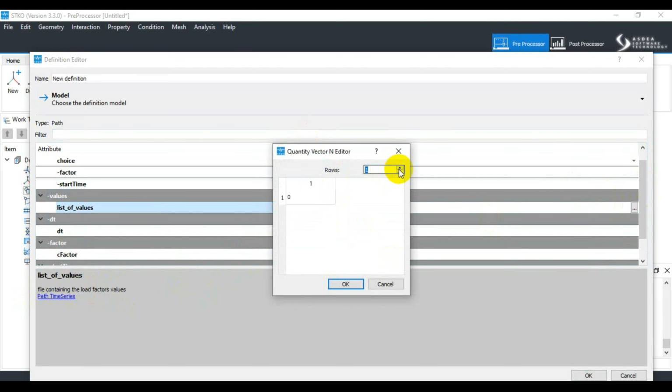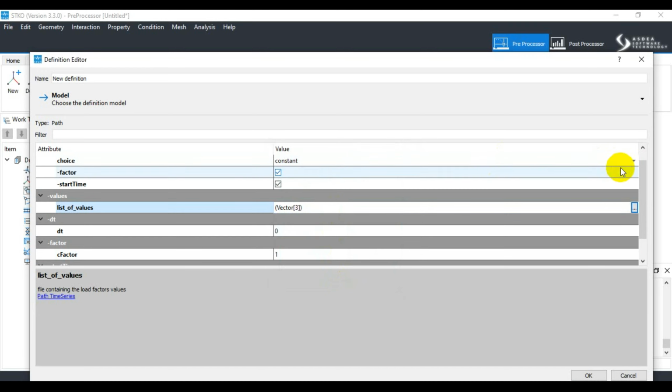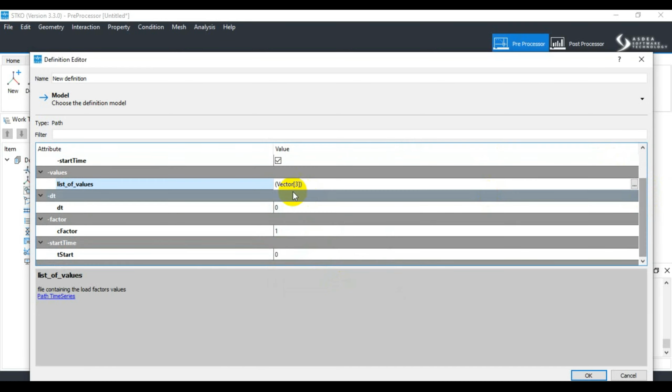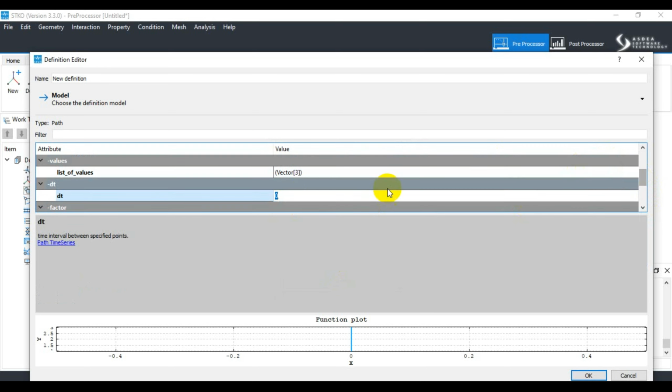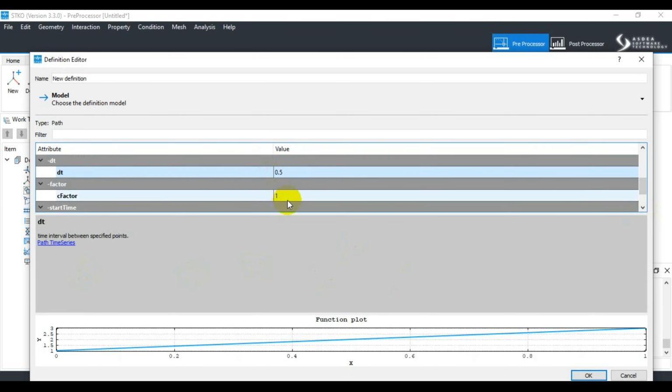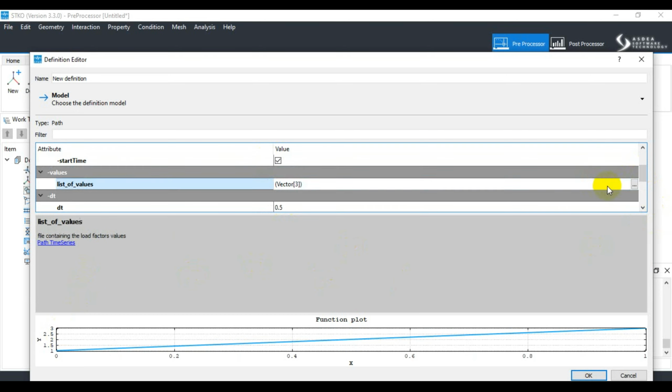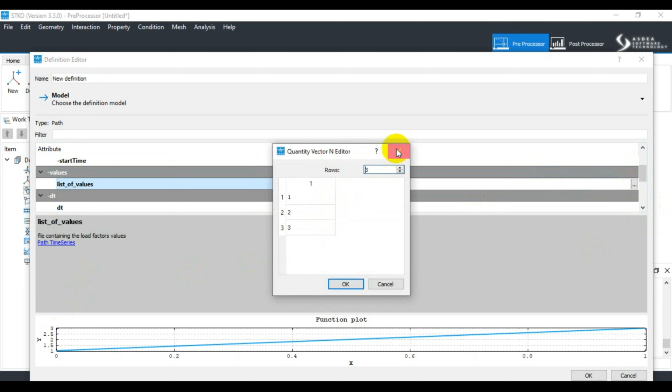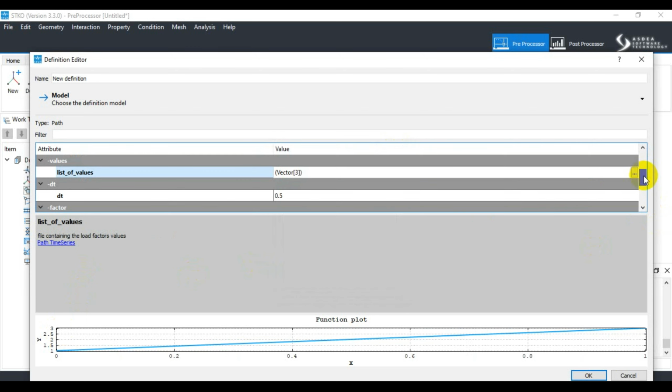So, for example, if I have three values, one, two, and three, this is the zero point. This is the t value. With zero, it means that it's a constant function. If I make it 0.5, I will get a linear function with a slope here. And this is the factor here. The vector that I defined here is up to 3. So if I change it here